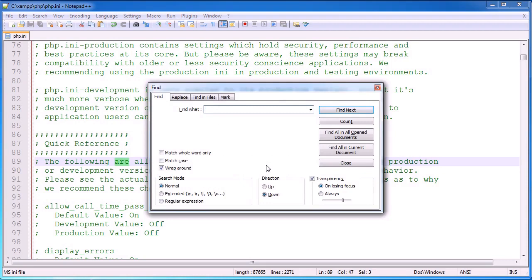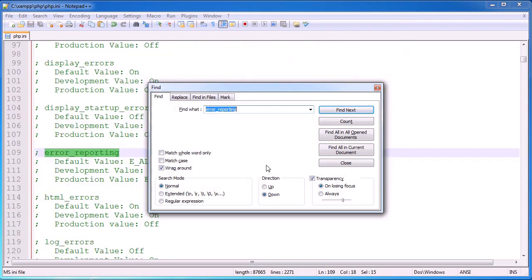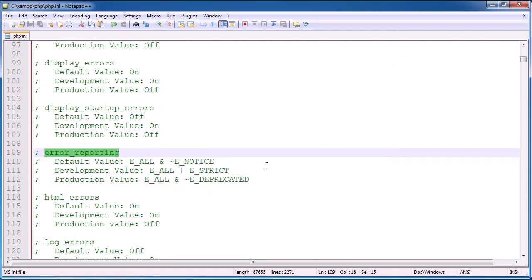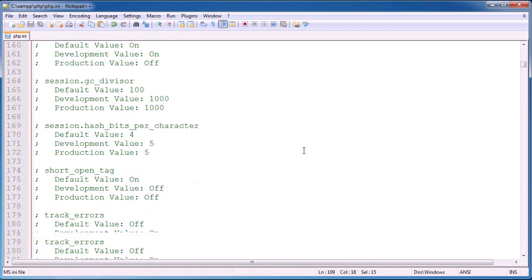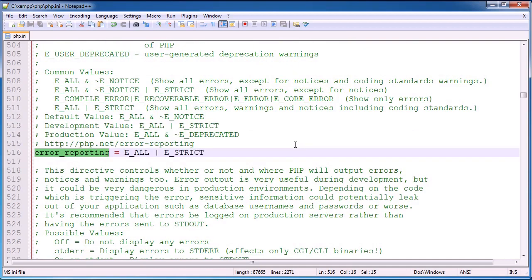So I'm going to go ahead and Control F, so search, however you're doing this, whichever text editor you're using. I'm going to go ahead and search for error_reporting. And you can see here we're down to some kind of weird section here. That's not quite right. Let's go ahead and hit F3, and you can now see we are looking at the error reporting property, which, as I've said, can be set from PHP,